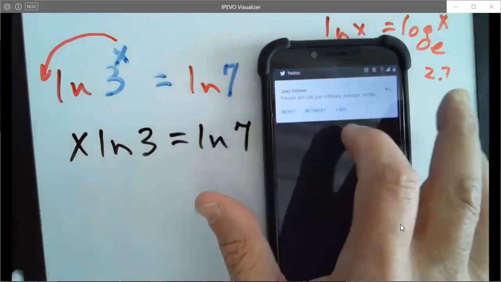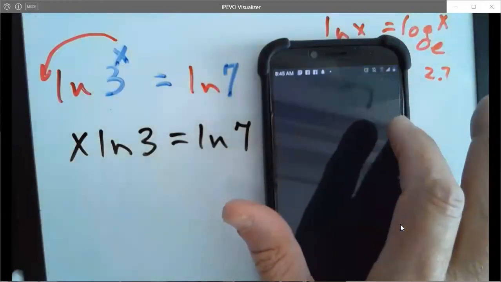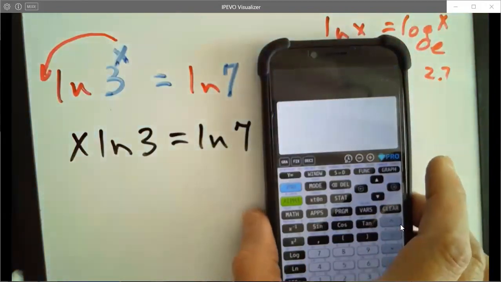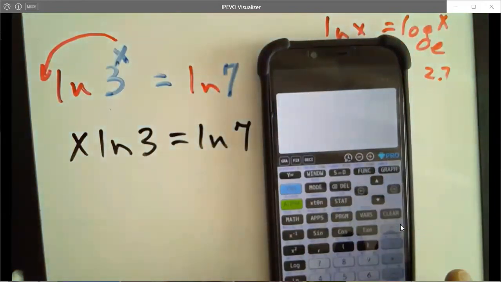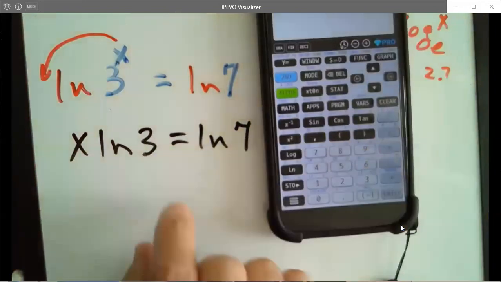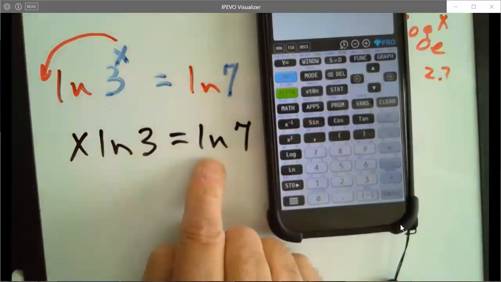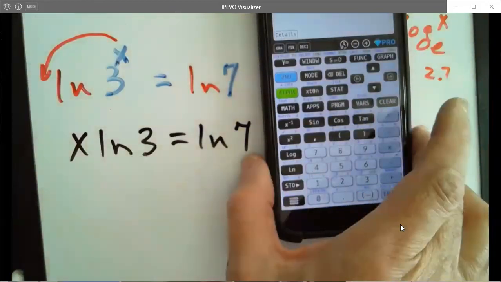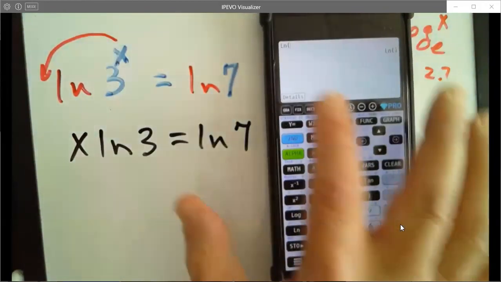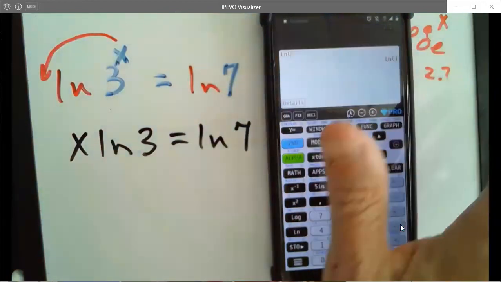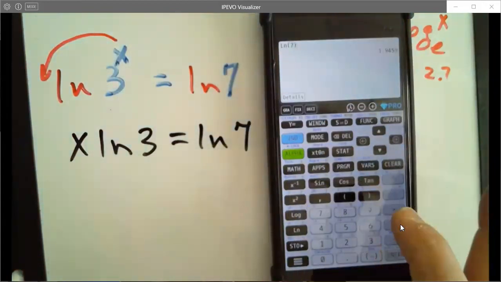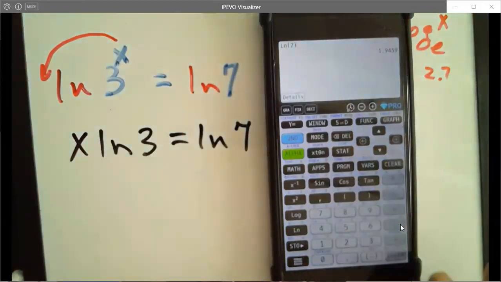So what I do here is I put in the natural log first. Okay, so we go to natural log, and it comes up there, and you put in 7. Okay, and you hit enter,